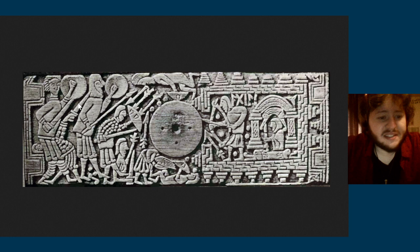I'm getting Trojan War vibes, especially with all the shields and spears and swords and stuff. Yes, they've given them period armor, but that's normal for medieval art. Armor of the period that they are carving in and not the period that they're depicting. It's pretty typical. And the other theory as to what this can be, if it's not Egil, the main other